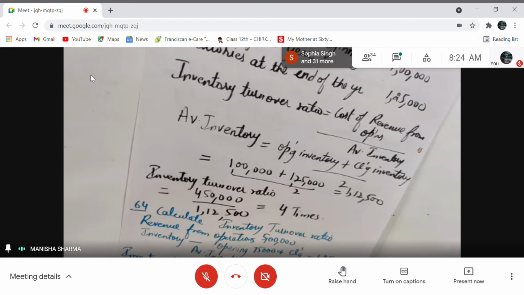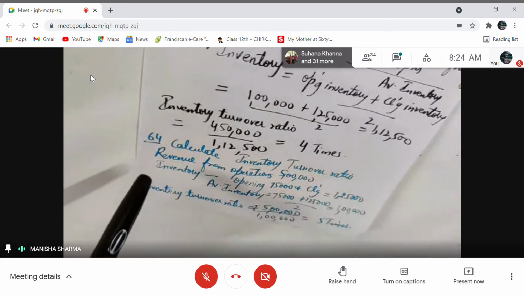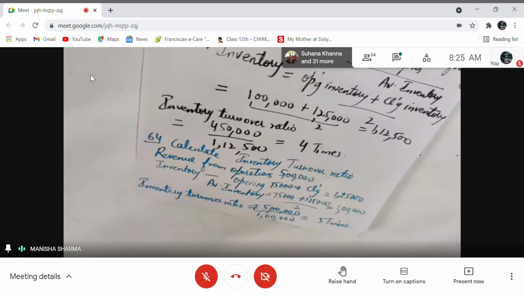Let's take up the next sum. Even the next sum is direct. Calculate inventory turnover ratio, revenue from operations. If you remember, I told you if COGS is missing and you cannot find COGS directly by any method, the information is incomplete. If opening stock is not given, closing stock is not given, purchases are not given. Direct expenses, I told you, is optional. Generally, they are not given. So if opening stock plus net purchases minus closing stock, these items are not given, it will be difficult to find cost of goods sold.